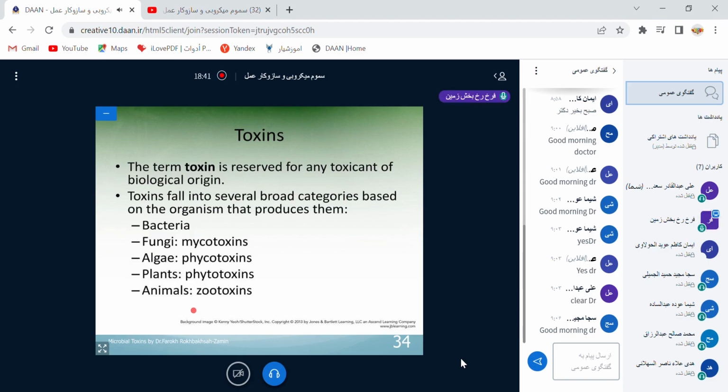Some are microorganisms and some are macroorganisms. Plants and animals are macroorganisms, and bacteria, fungi, and most algae are microorganisms. We finished bacteria. Today, our aim is to talk more about mycotoxins,